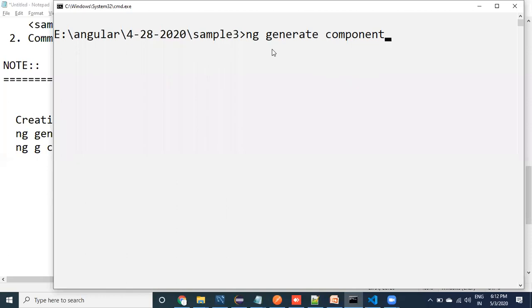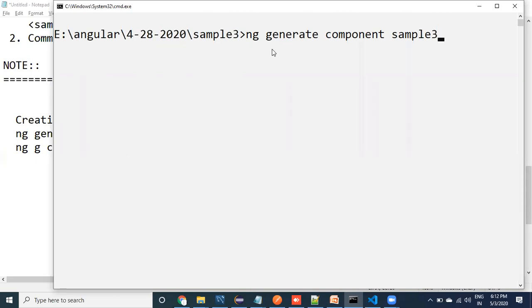What do you want to generate? A component. What is the component name? I want to create sample 3. Yesterday I created the sample component and the sample 2 component manually. Now today I want to create the sample 3 component automatically.